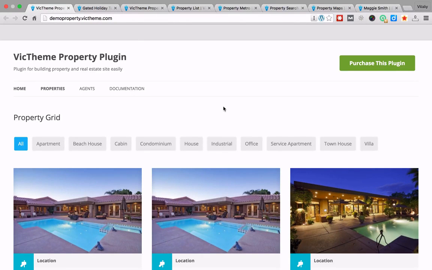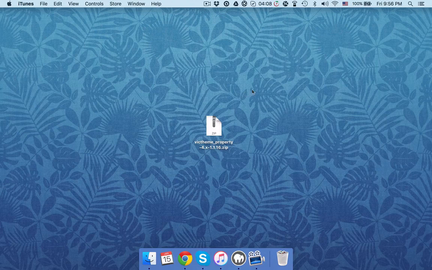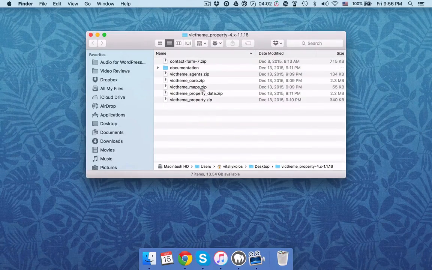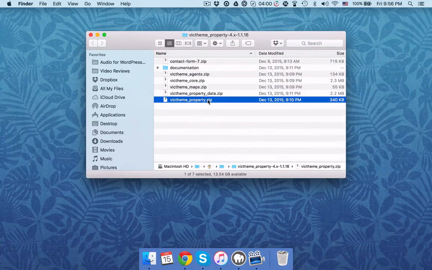Now that you know why you want to use the plugin, let's see how to get it going. First, you need to install a few plugins that came in your download. Once you uncompress your .zip file, you should see a few plugins in zip format, such as